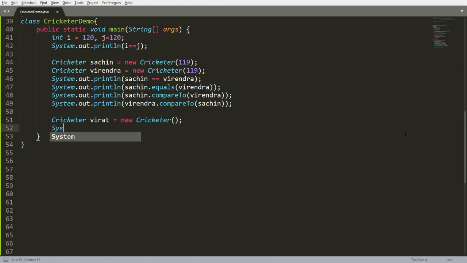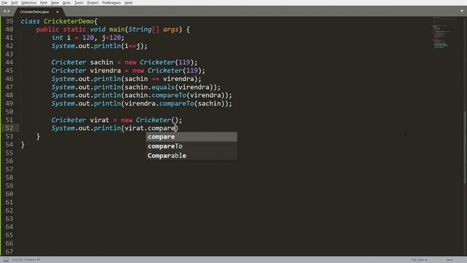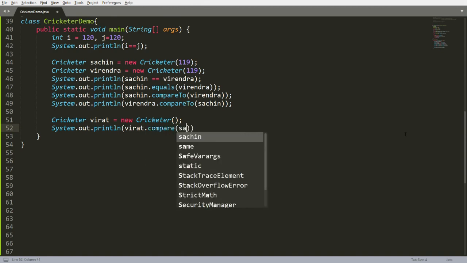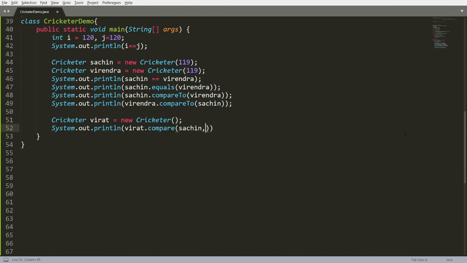Now here you can write System.out.println, and compare the two different objects, Sachin and Virendra, using Virat. So you can write Virat.compare and pass the different objects, Sachin comma Virendra. So here I can compare the two different objects using another object, that is the power of Comparator.